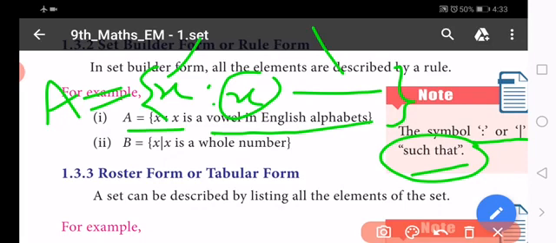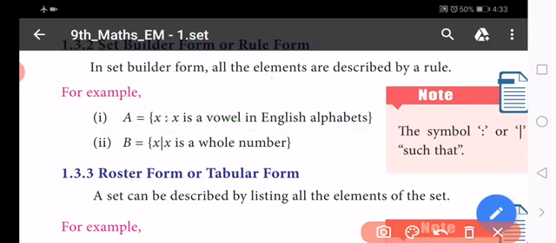So in the description or rule form, if we take any set A or B, and in the set builder form, first we take set A equal to